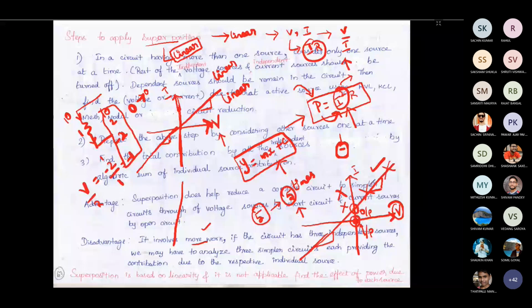When the input is zero, the output should also be zero. When the input is increasing, the output should be increasing. When the input is decreasing, the output should also decrease. And the third thing is, when the input is zero, then your output should also be zero. This is very much essential to consider that as a linear element in an electrical system. So I hope that you would have understood this.